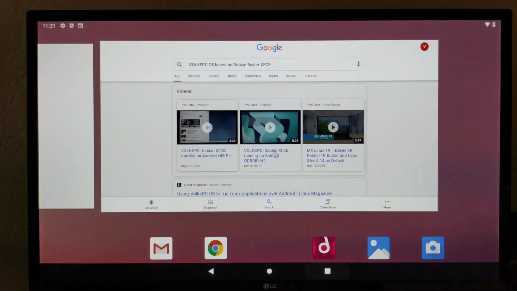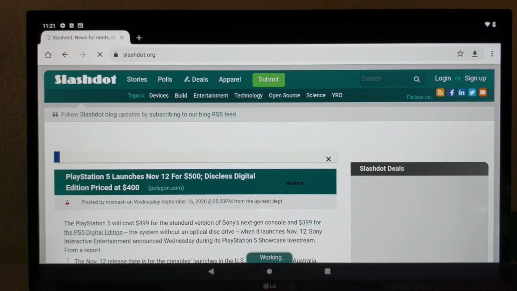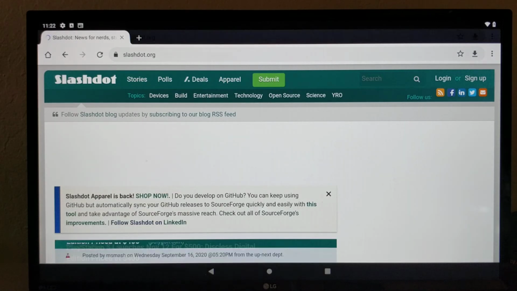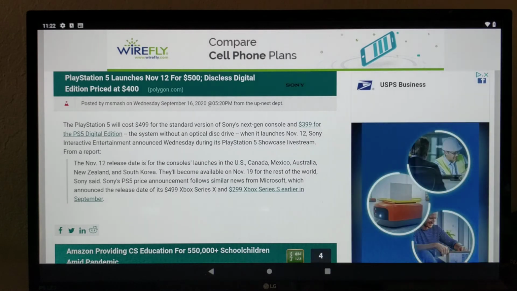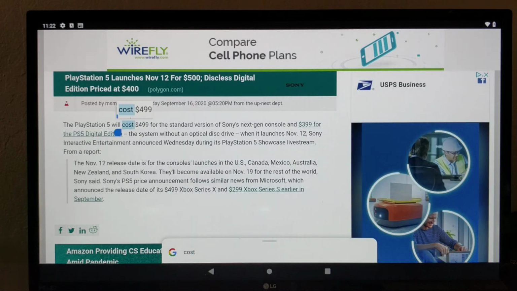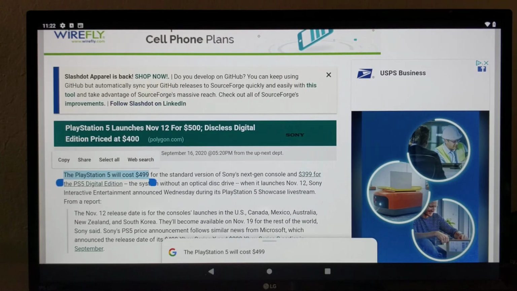So let's try to bring up the Chromium browser and try copying it from Android to the Linux desktop. So let's copy this text. The PlayStation 5 will cost $4.99. I copy it